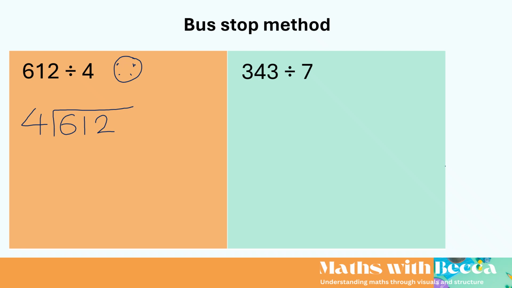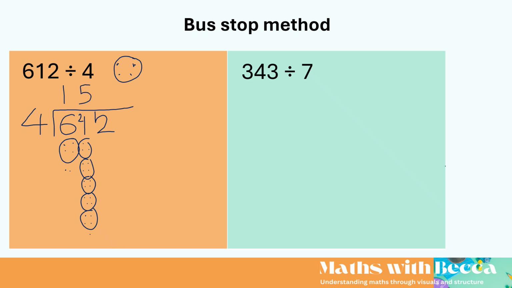So the first thing I'm going to do is think how many groups of 4 can I make using 6. So I'm going to count 1, 2, 3, 4, 5, 6. I was able to make one group and I've got 2 left over, so I'm going to carry that onto the 1 there. And now I need to make 21 using my groups of 4. So 1, 2, 3, up to 21. So I've managed to make here 5 groups and I've got 1 left over, so I'm going to put that there,